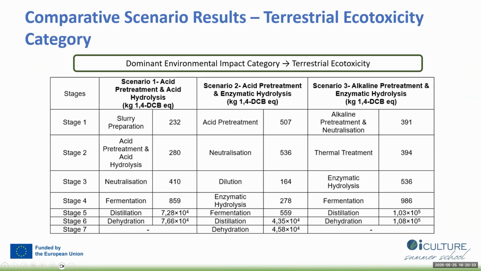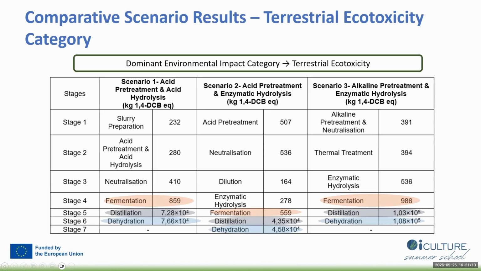So we analyzed various factors impacting both the environment and human health. Across all scenarios and process stages, the results revealed that terrestrial ecotoxicity is consistently the dominant environmental burden. When we compare the pathways, we notice that scenario 3 systematically exhibits the highest environmental impacts across the key stages of the process. This gap becomes particularly visible during the thermal stages, specifically distillation and dehydration, where the differences between the scenarios expand